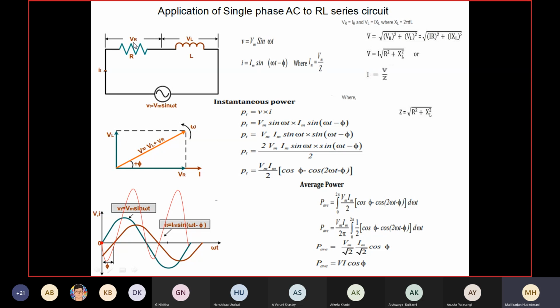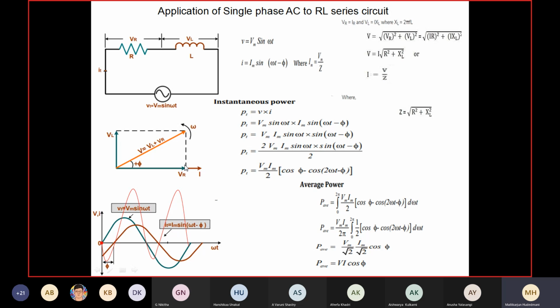So these two if I study, VR voltage across the resistor, I current flowing through a common combination. So both are on the same axis means in phase. Voltage and current are in phase in resistor. That's what I can draw first time. Draw a line of current, draw a vector VR along the same line because they are in phase. Current through resistor, voltage across resistor are in phase. This is the second activity.